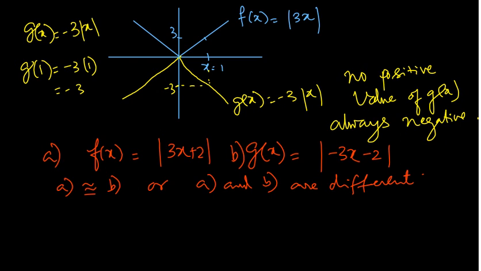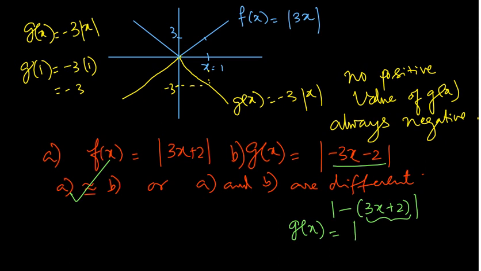They are identical. Yes, this answer is correct. They are identical. Why? Because when you take this, you get minus of 3x plus 2, as a bracket. So this is anyway the same as this one, right? So we could write g of x equal to mod minus f of x. Okay, so this is a different way of writing, but this means the same thing. So that's the reason both are identical, right? Okay,